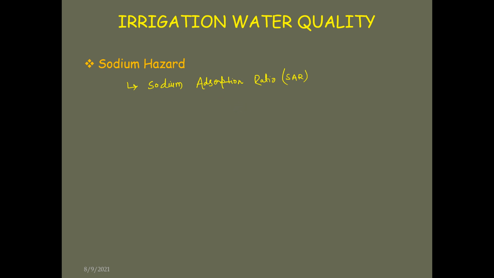Suppose in the salt concentration there are salts of various elements present, but if the salt concentration of sodium exceeds that of the other elements, then it will again be harmful to the plants and affect plant growth. So we should know the percentage of sodium as well, and the proportion of sodium can be found by this SAR ratio, which is equal to